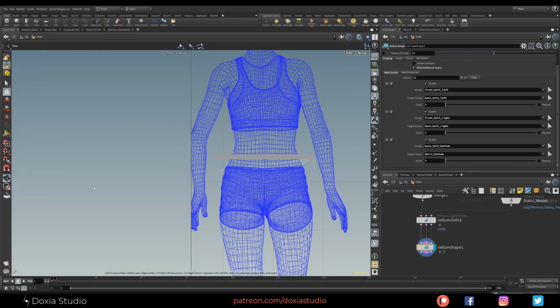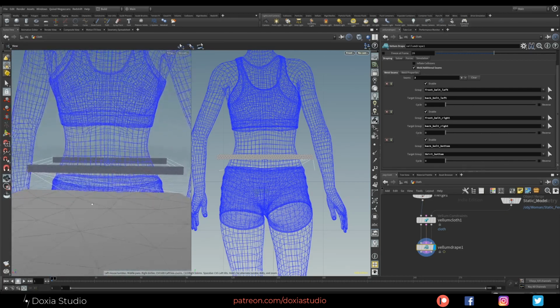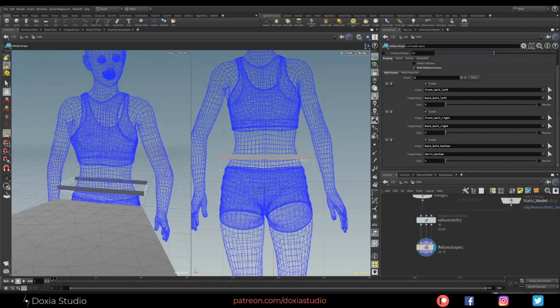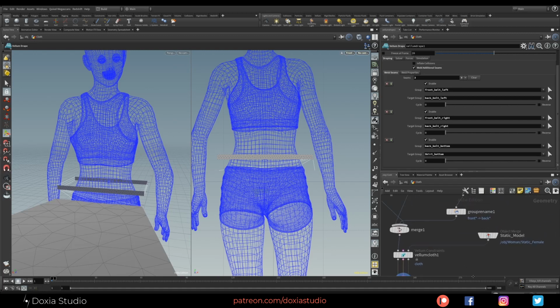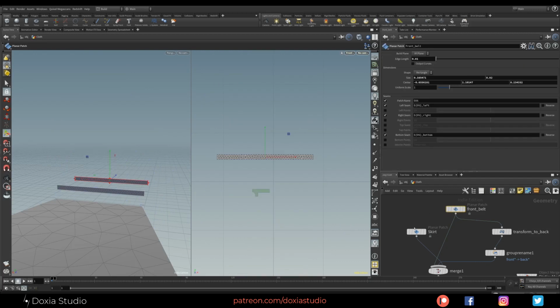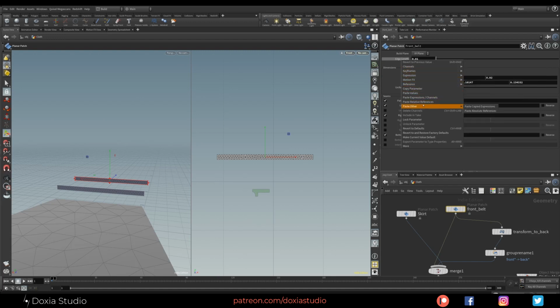Okay, now you see we have a few problems, right? Because these seams use points to stitch everything together. Okay, so our groups need to have the exact same points from back belt bottom to the bottom skirt. Okay, how do we fix this? One way to do this with a simple planner patch is just to have the same.